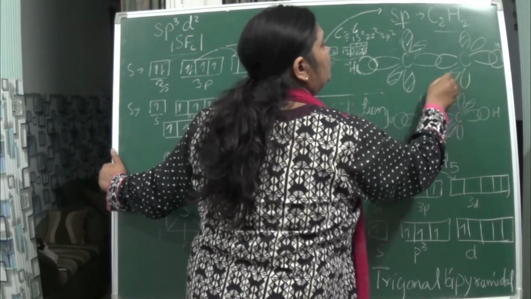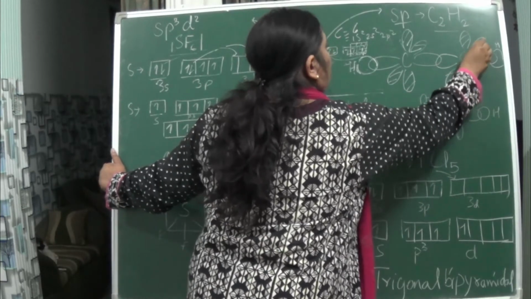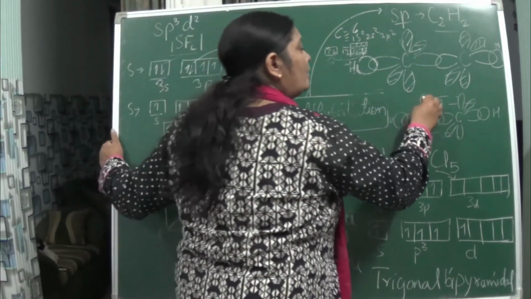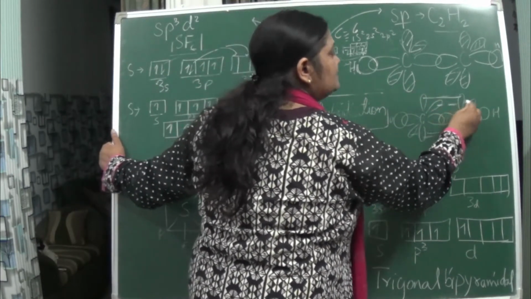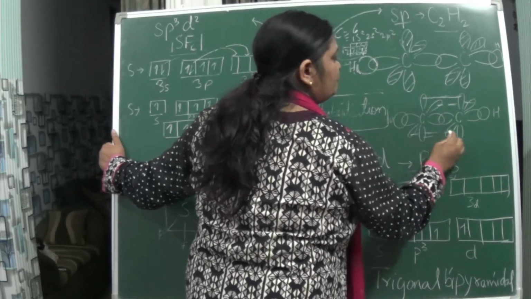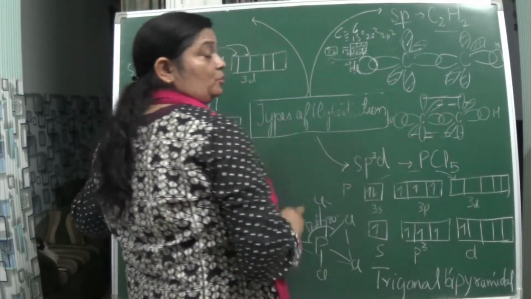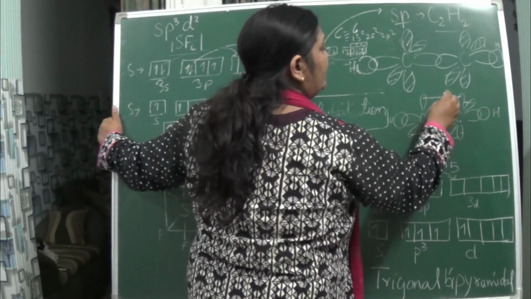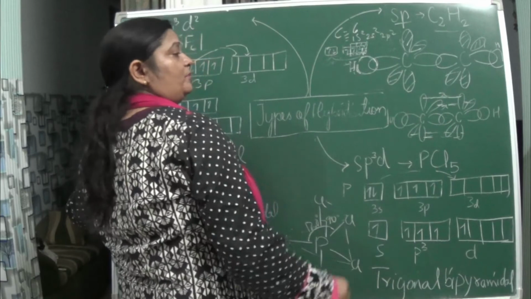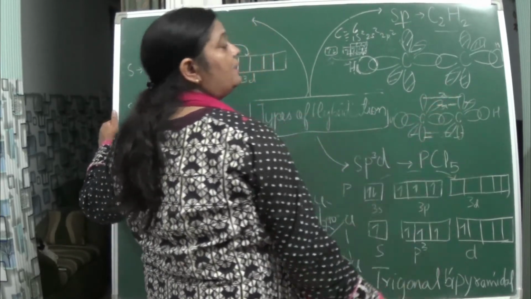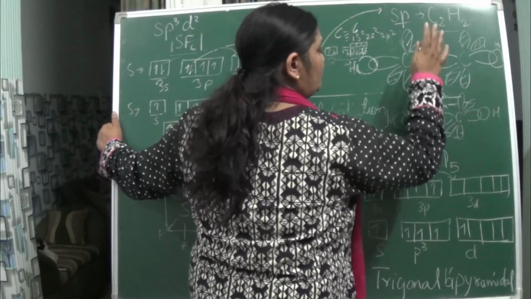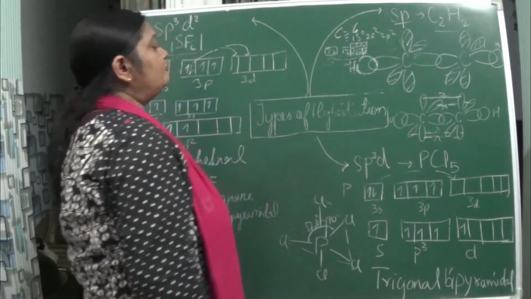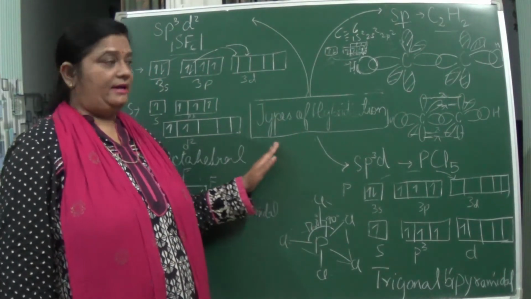So what will it do, tell me? They are left as they are, so they are forming the bonds. And here you can see the pi bonds are formed again, and here 2 pi bonds are formed. This is one pi bond, this is another. So here you can see 2 pi bonds present in the case of acetylene. So this is a special case of sp hybridization.